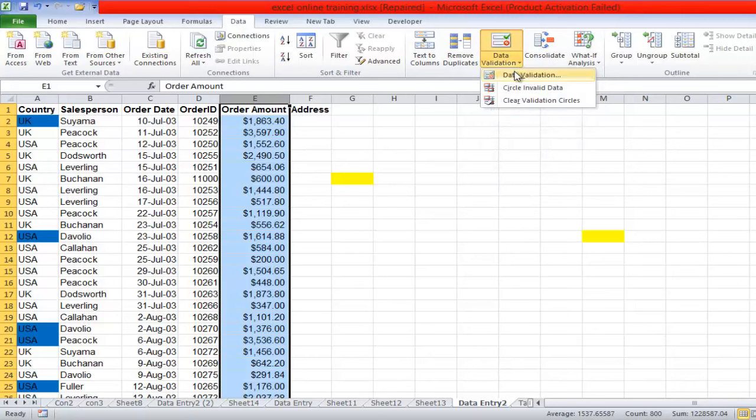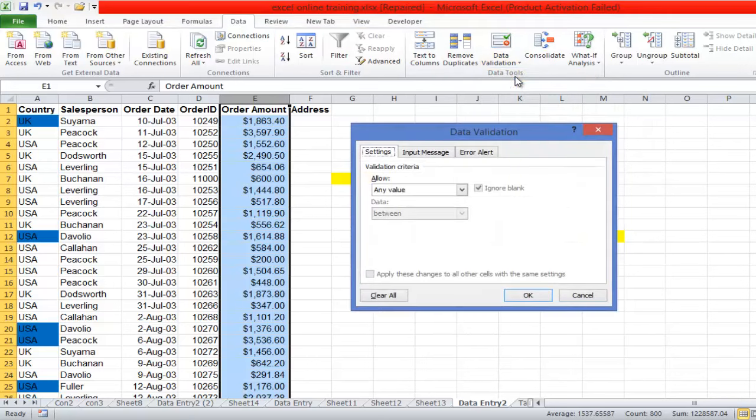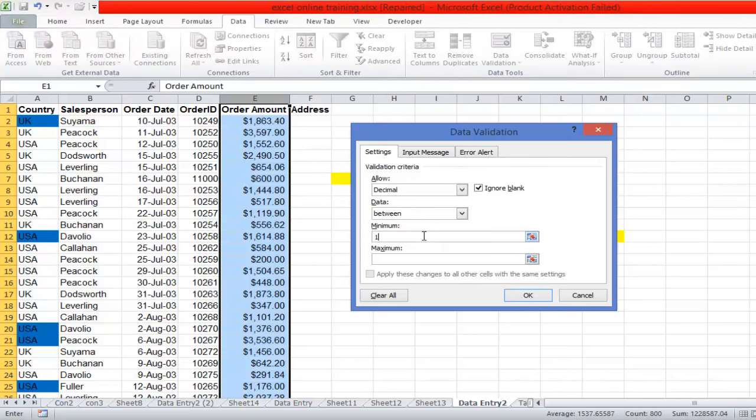Now the data validation helps you to restrict the type of data that is being entered into a particular cell. So what I'm trying to do is restrict the type of data that can be input into a particular cell, in order to prevent you, or any user of this file or Excel spreadsheet, from making a mistake by inputting the wrong data. This is also another function of data validation. In this particular case, I only need amount, and that's a decimal value. I could say I need something between, the decimal value should be